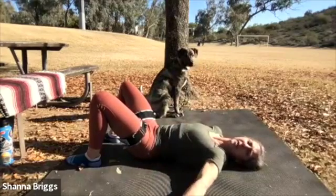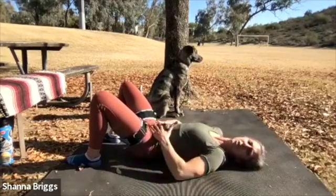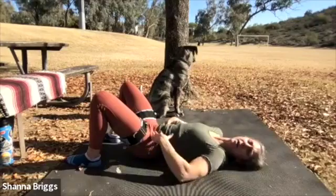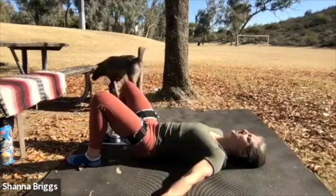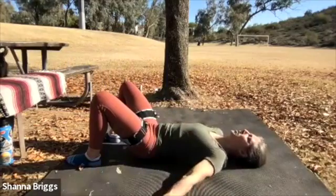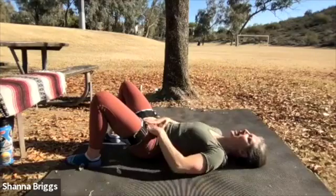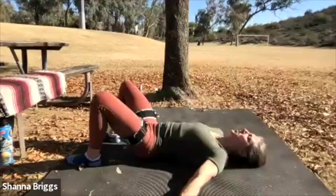If I were there with you in person and I was trying to slide my hand underneath your low back, ideally we'd have no space there. So you're looking to kind of draw the abdominals in, pull the pelvis back, and then we're holding here. And this would be considered like a level 1 where you're just holding that position. You can think about clenching the muscles of the pelvic floor, and you're working to hold this posture without holding